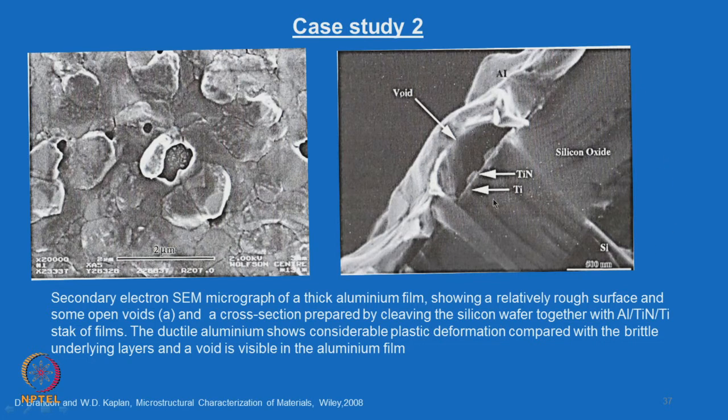Silicon oxide, and then you can see the first layer, the contrast is not very bright here, but nevertheless you will be able to distinguish between these two. The first layer, where I have put the cursor, shows the titanium. The second layer is titanium nitride, and then you have the void formation here, and this is a ductile aluminum. You can see that it is a deformed layer of aluminum, aluminum coating I would say, sitting on these layers. So, you get a clear picture of these aluminum layers